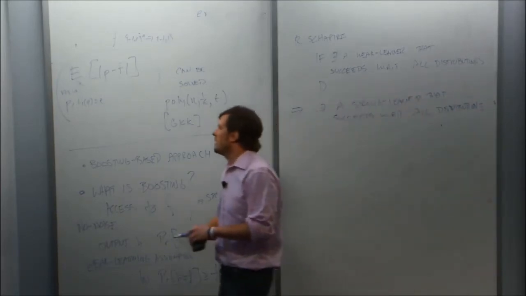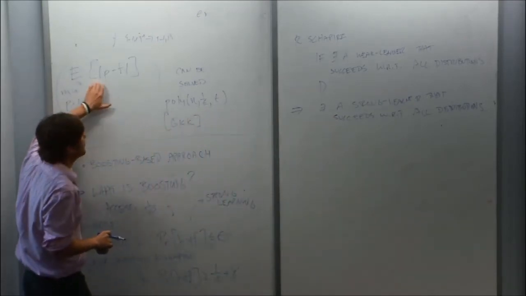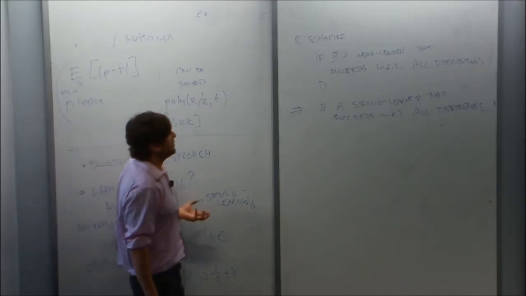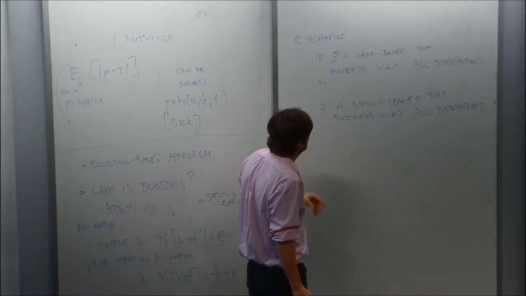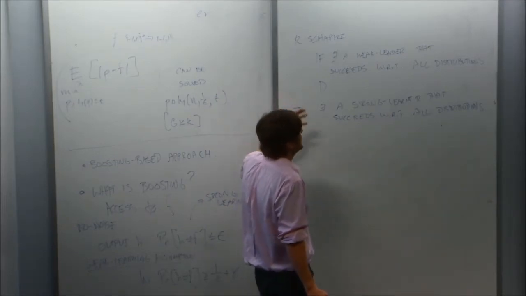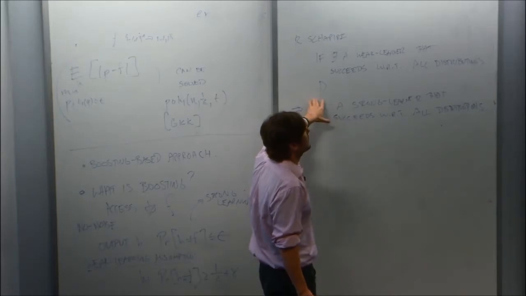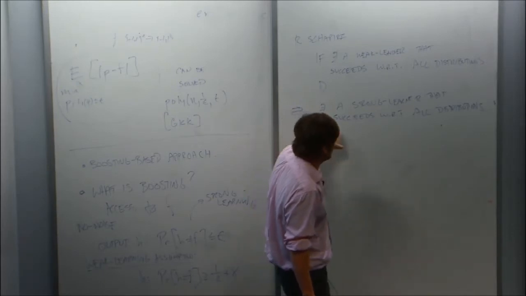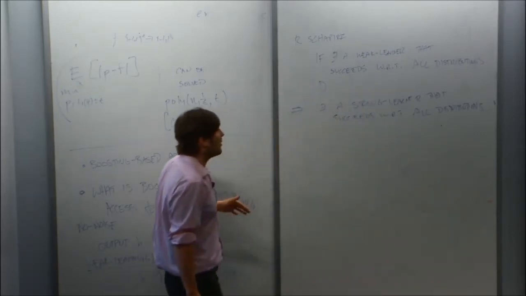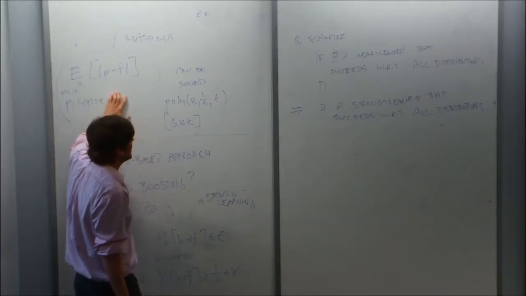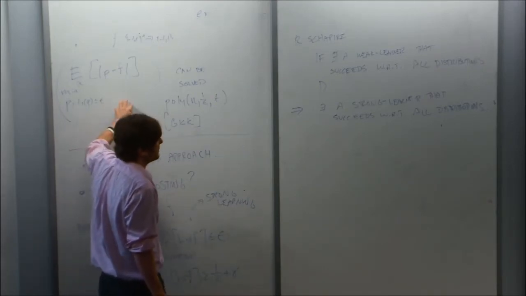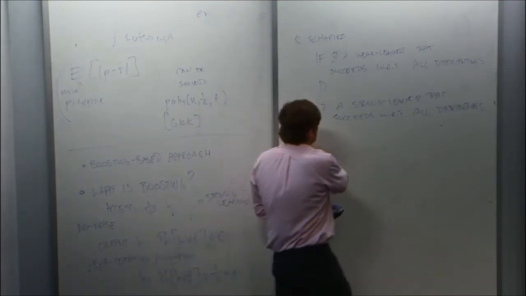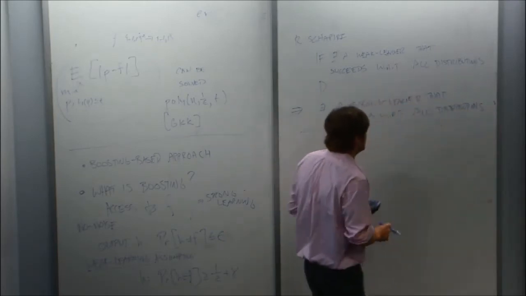Remember, here we were interested in learning just with respect to the uniform distribution. What I'm claiming boosting will accomplish is that it will take a weak learner, but the weak learner has to succeed with respect to all distributions. Then you'll get a strong learner that succeeds with respect to all distributions. So already there's a disconnect between what we want to do, that is, learn with respect to one fixed distribution, and here I'm claiming boosting works with respect to all distributions, but we'll address that point in a moment, and we'll work around it here.